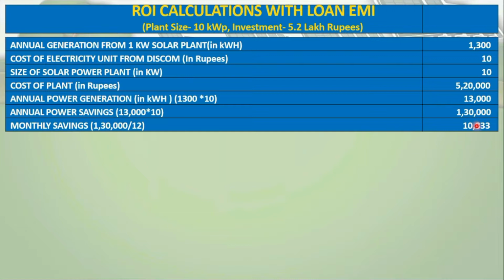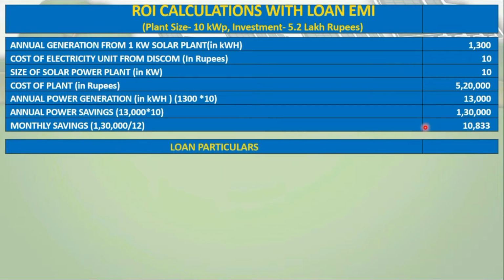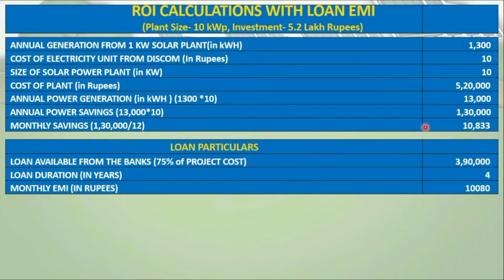So now we know that our monthly saving would be 10,833 rupees. Now let us see the particulars of the loan, how the loan was availed. So the loan was availed on the condition that the 75% of the project cost would be financed. Now the 75% of the project cost is equal to 3,90,000 rupees. And when the loan is availed for 3,90,000 rupees, the monthly EMI for the duration of 4 years period is